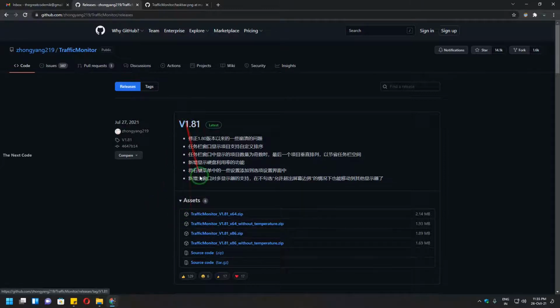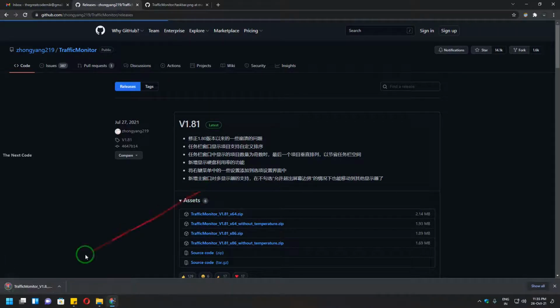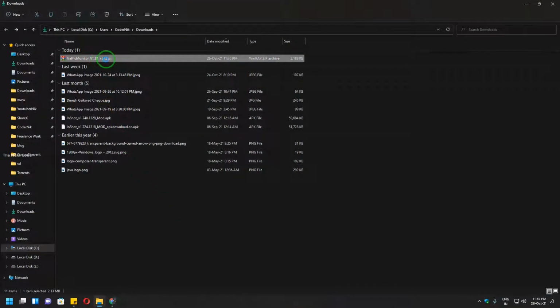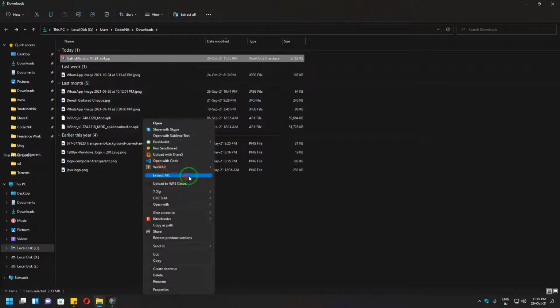Always download the latest software, and go for the x64 version, and it will start the download, and the download is done as well. You can see the zip file has been downloaded. Let's extract it here only.